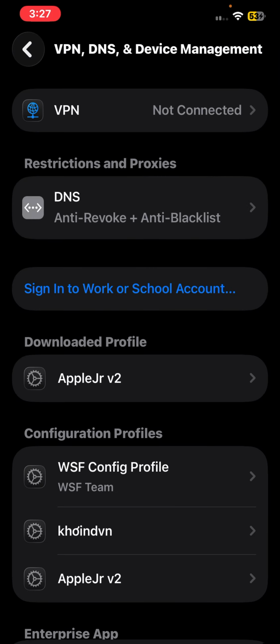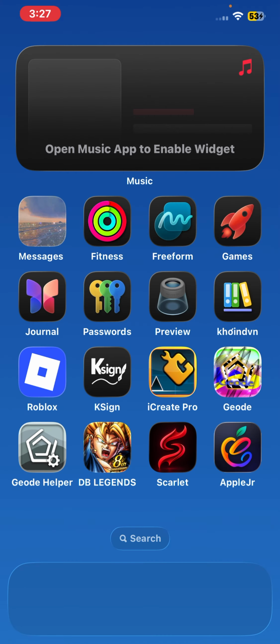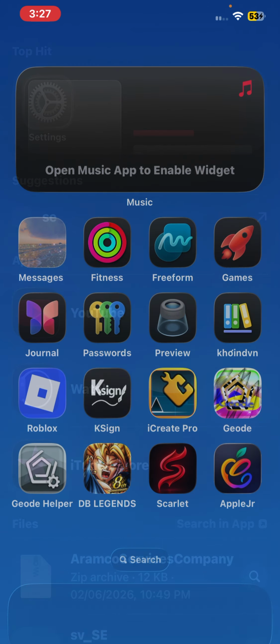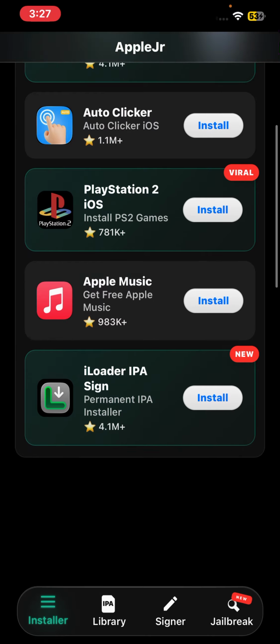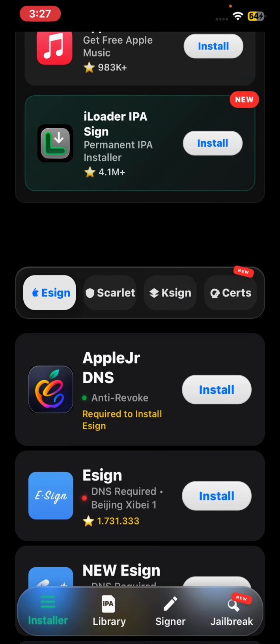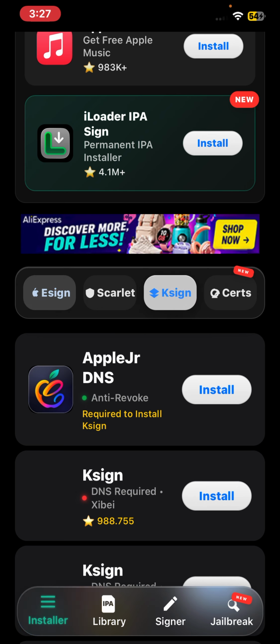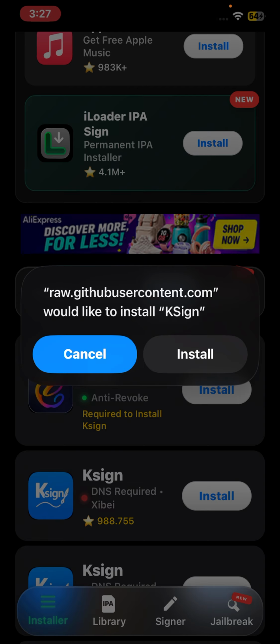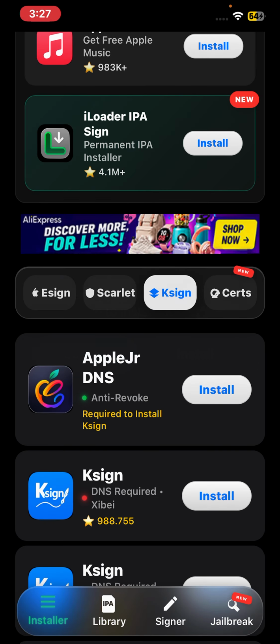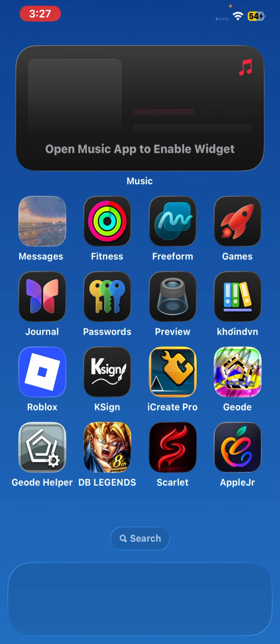click on this, and then you have Apple Junior, and then click on Apple Junior, and then download KSign. Download KSign or ESign, but KSign, I think KSign. See, it would say we would like to install KSign, and then click on install, and then go to